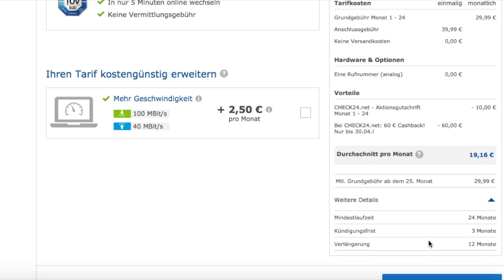So this is why I always recommend either put a calendar notice that you get an email after these 21 months, or even better, already after 20 months to have some time frame to cancel it, or even better, just cancel it right away. You can just order it and then after 1 month, just write them an email, say I cancel the contract at the end of the contract term. In German, it would be, I've put it in the description, zum Ende der Vertragslaufzeit, and then you can be sure that there was no automatic extension of the contract.